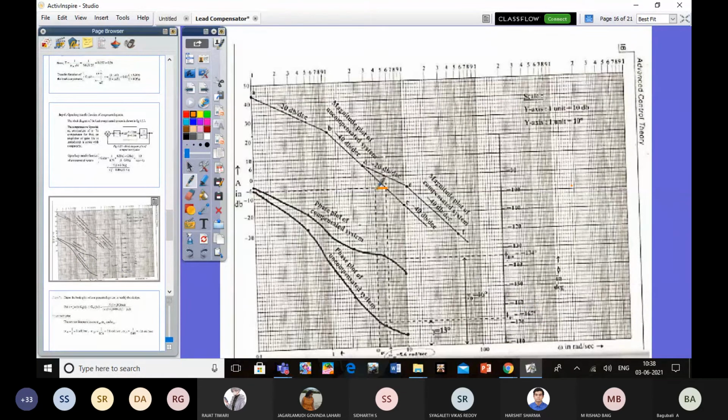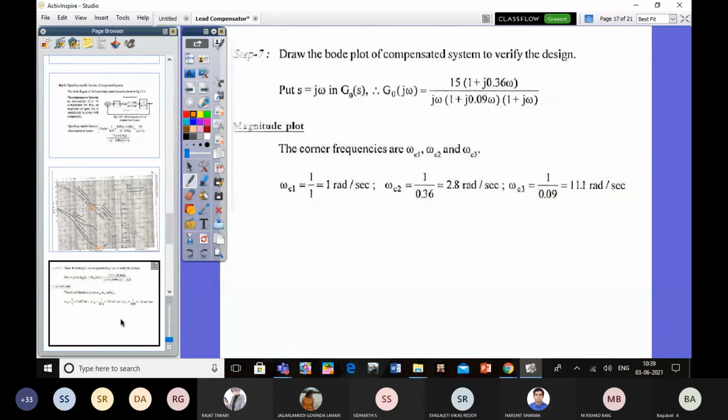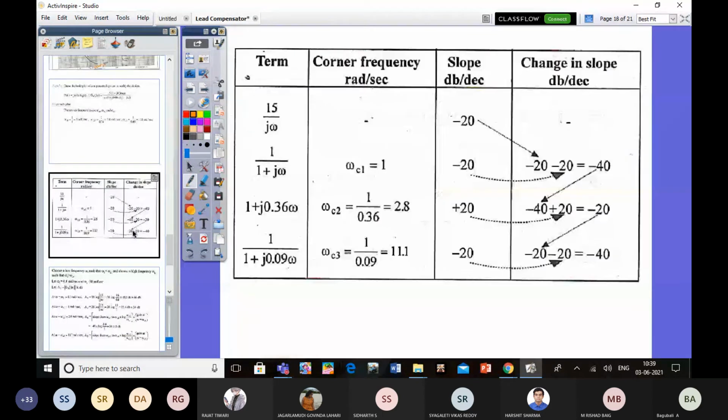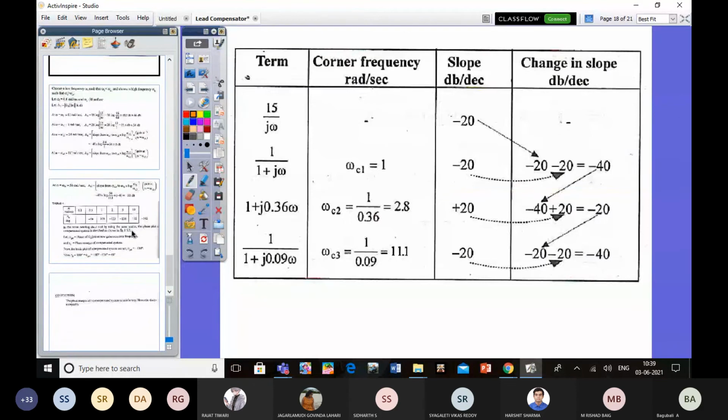So you have to draw one line. It will be intersecting at one point. That point of frequency is called omega m. Here it is intersecting between 5 and 6, so approximately it may come for 5 point some value. You'll see what value is given in the answer. So, in between 5 and 6.